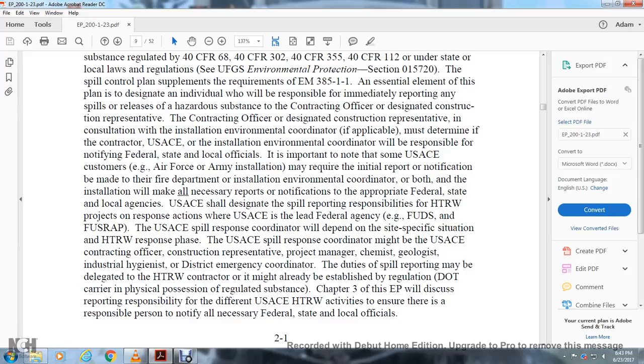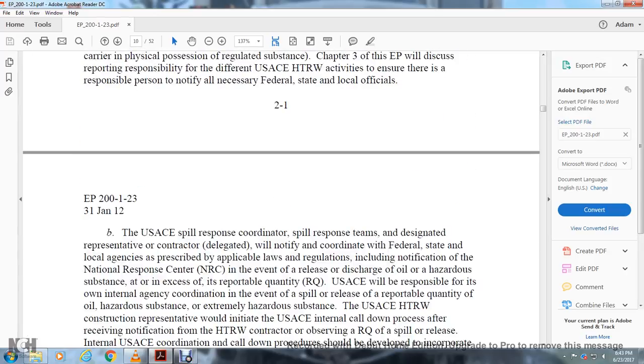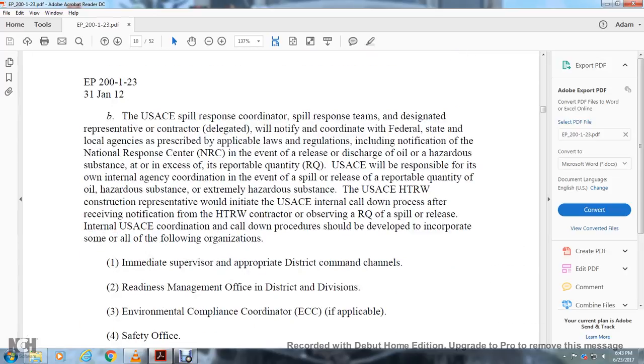Chapter 3, the engineering program, will discuss the reporting responsibilities that differ with the USACE hazardous, toxic, and radioactive waste activity, to ensure that a reasonable person notifies all the federal, state, and local officials. The U.S. Army Corps of Engineers spill response coordinator, or the spill response team designated with the representative of the contractor, will notify the coordinator of the federal, state, and local agencies, as prescribed by the applicable laws and regulations,